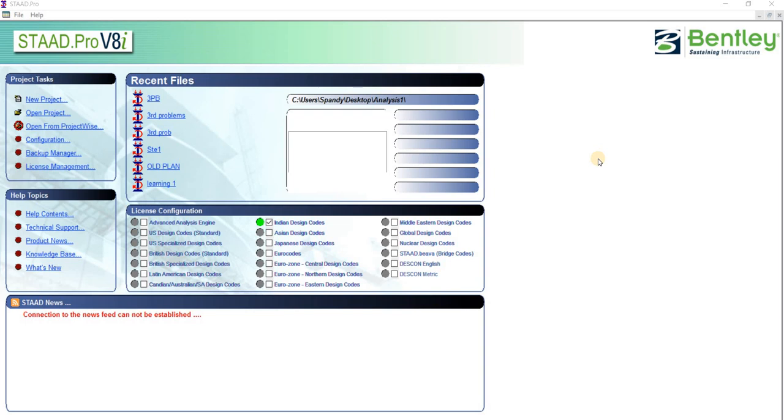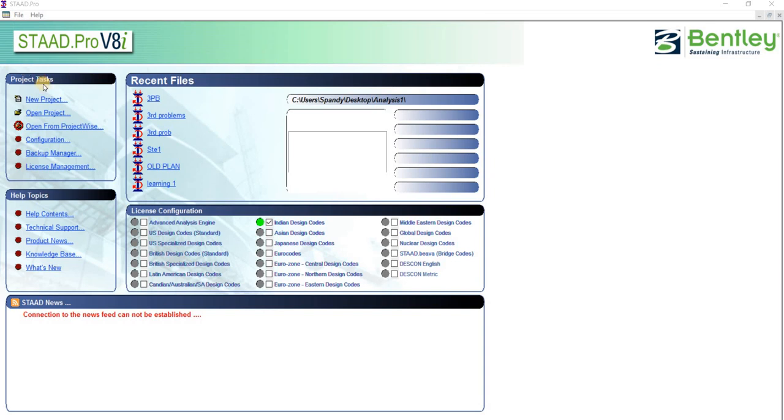So, first of all, how to open this software? On your window or on your desktop, you have a StatPro icon. Just click on it. Your system will ask for permission. Give yes. You can get a screen like this. One more way to open it is to right click on the icon and select the option called run as administrator. Give yes, then again you will get a screen like this.